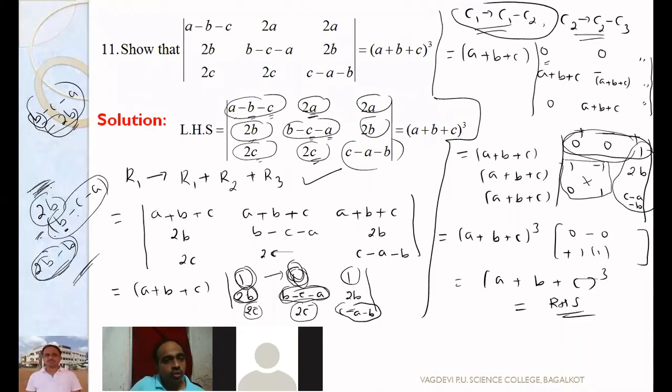That's very simple. Without this rough work in the margin, you will not be able to write what we get. So in the margin, write the calculation for subtracting: compulsorily put a bracket after the minus sign, multiply minus into plus, add all the terms, and whatever answer you get, you write it in the determinant. We get A plus B plus C. Okay, very good. We'll go to the next question.